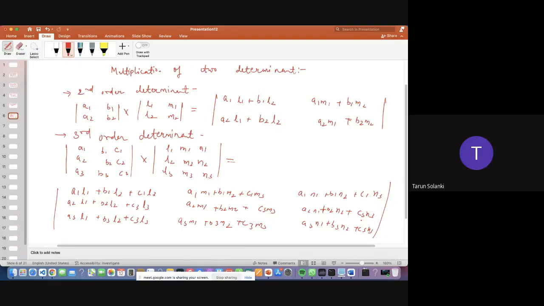So in the above cases, the order of the determinants is the same. If the order is different, then for their multiplication, first of all, they should be expressed in the same order. Then only they can be multiplied. Okay, so next thing,